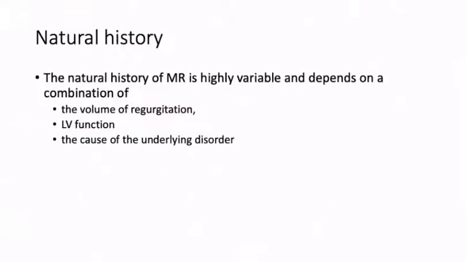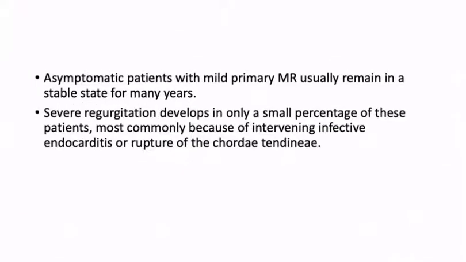So coming to the natural history of MR, it is highly variable, and it depends on a combination of features like the significance of regurgitation, whether it is mild, moderate, or severe, the associated LV function, whether there is associated LV dysfunction or not, and what is the cause of MR. Asymptomatic patients with mild primary MR, which is not ischemic MR, usually are stable for many years. Once the patient develops severe regurgitation, only a few percent of these patients